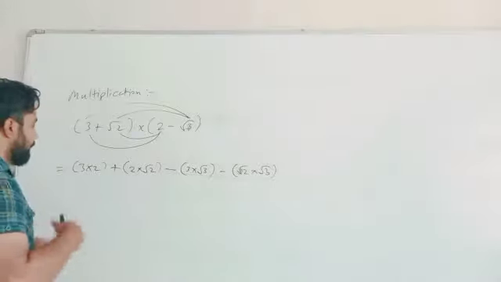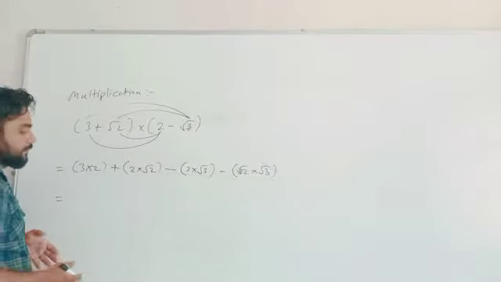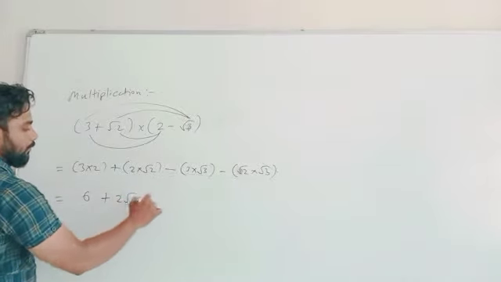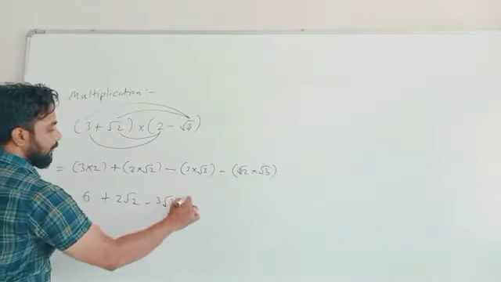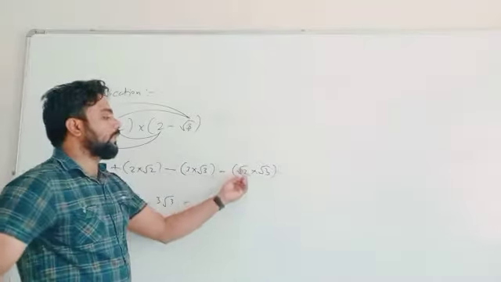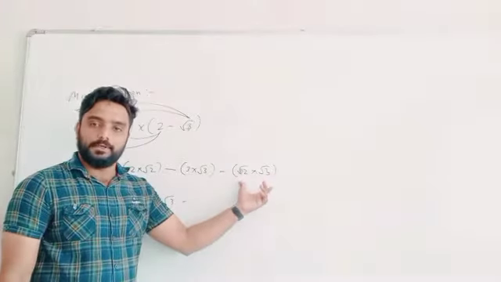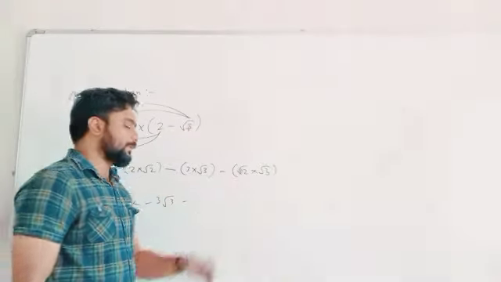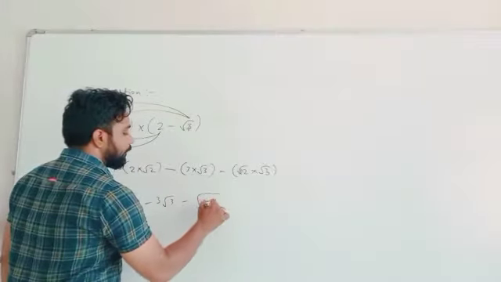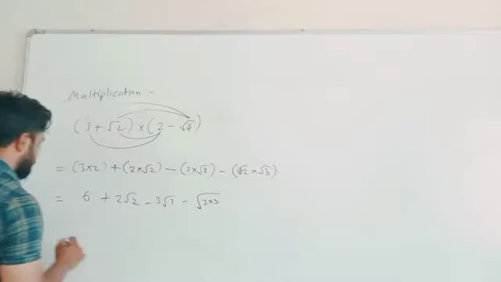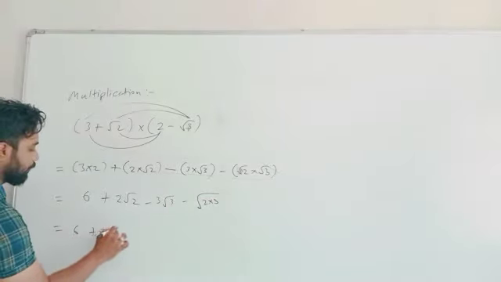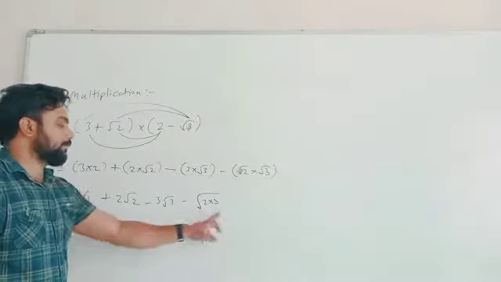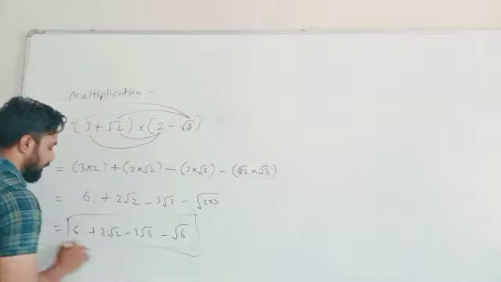Understand? Okay. Now just concentrate here. Simplification of both: 3 2s are 6, plus 2 root 2, minus 3 root 3, minus root 2 multiply by root 3. When this type of multiplication is there, that means both of the root values multiply with each other. So you can write it in this form: root of 2 multiply by 3. Understand or not? So you can write it as 6 plus 2 root 2 minus 3 root 3 and minus root 6. That is 2 3s are 6. So this is the final answer.